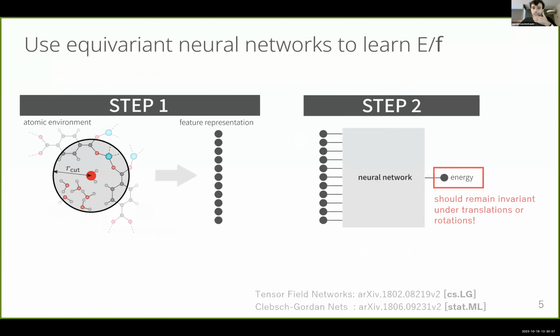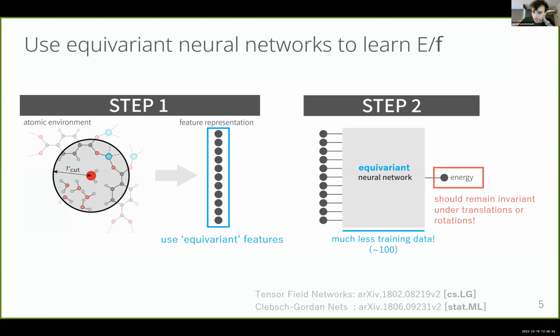And so in recent years, what people have been trying to do is they've developed neural network models that can basically learn this complex function that goes from atomic coordinates to final potential energy and therefore also gradients. And they do so using equivariant features and equivariant neural networks. The basis of this was laid in 2018, but they've really been adopted in the community in the last 2 years or so. And so this is basically what Psiflow aims to do,